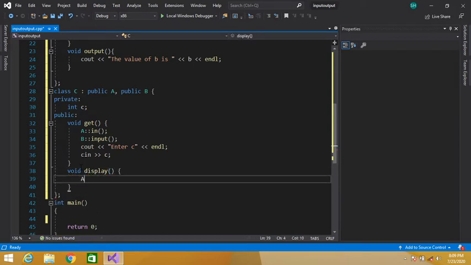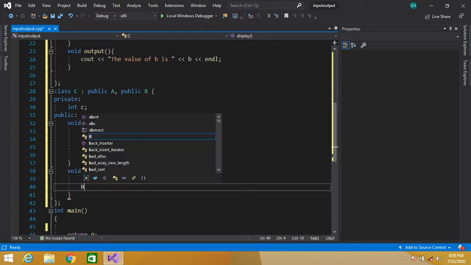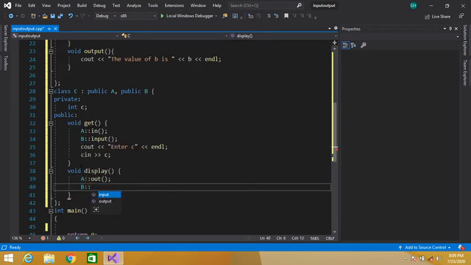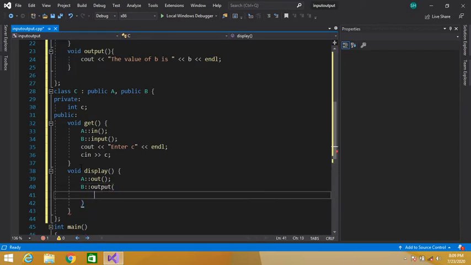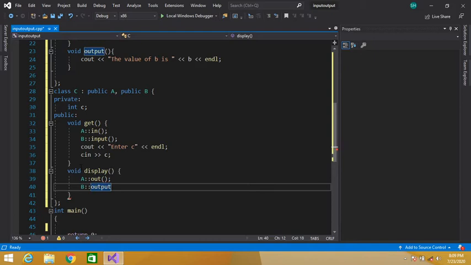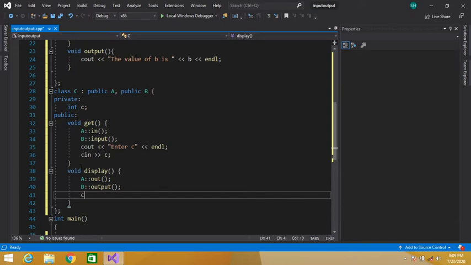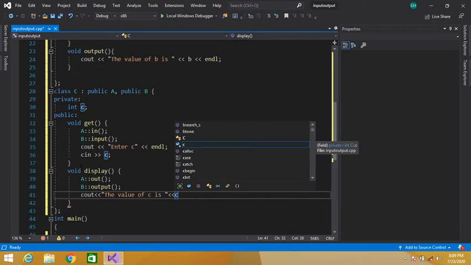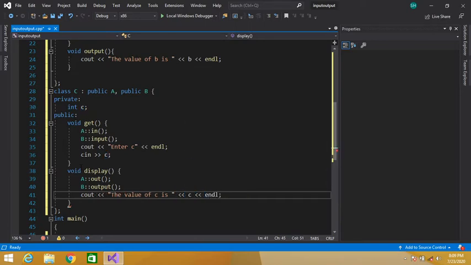And here we have to call our output function to display the value of A, and also we have to call the output function to display the value of B. And here we will display the value of C. So the value of C is, display the value of C, insertion operator, and end of line.